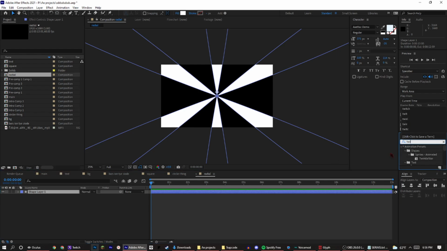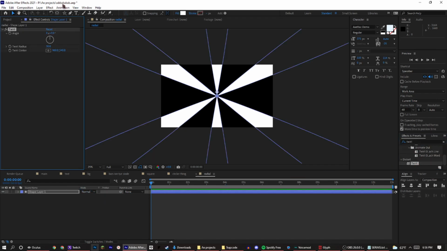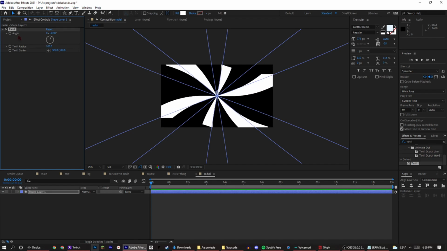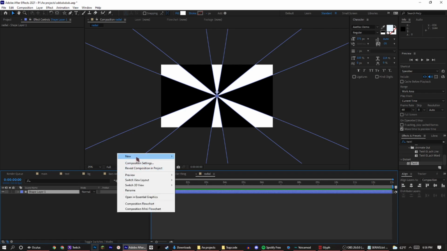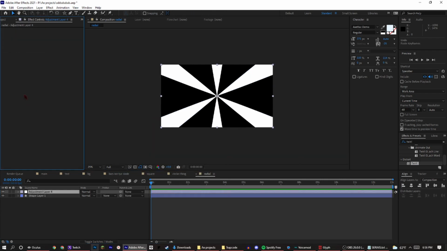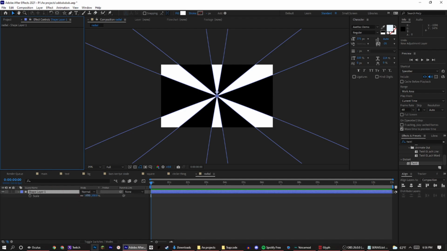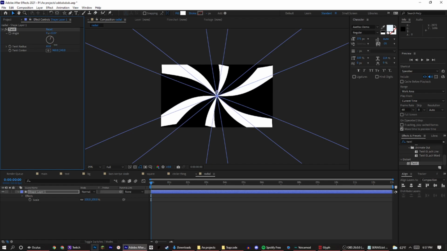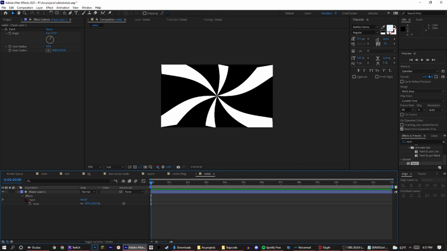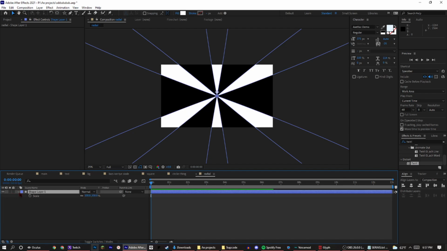or twirl. Make the radius bigger. Yeah, that's a problem about this. This is what happens. So we might want to add this onto an adjustment layer. That didn't do anything actually. So yeah. I don't know how to fix that. So